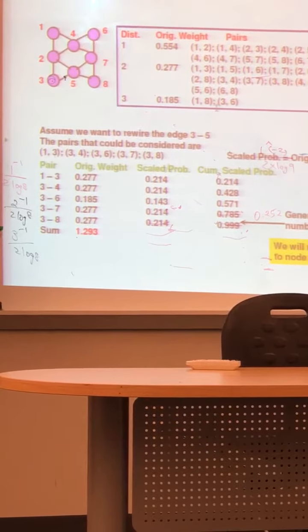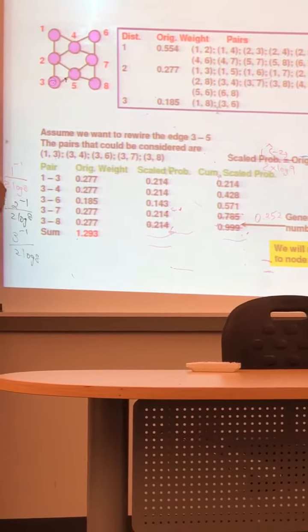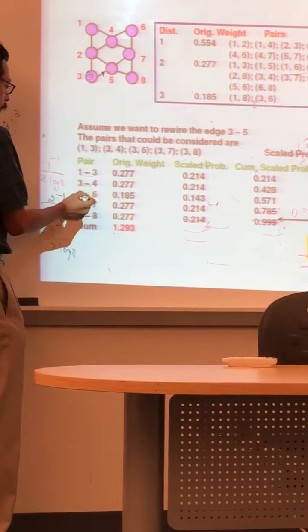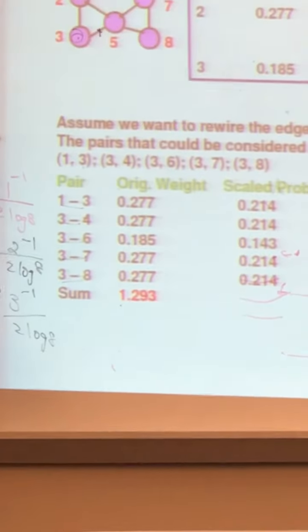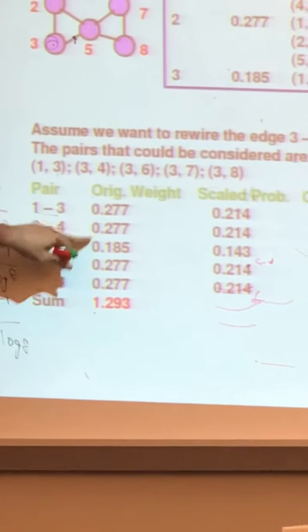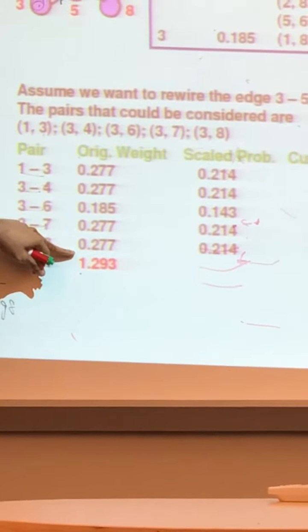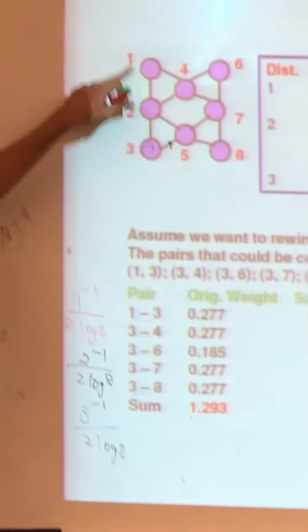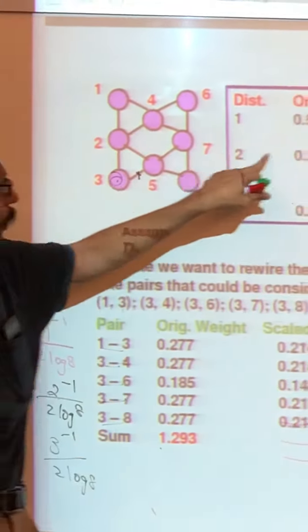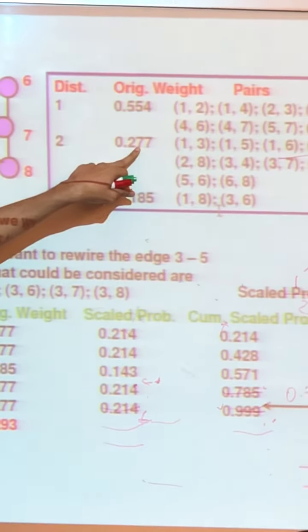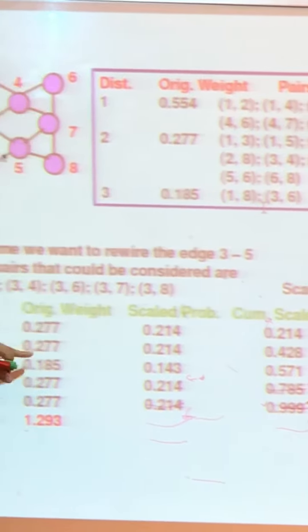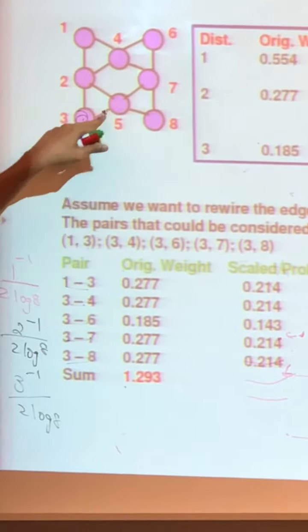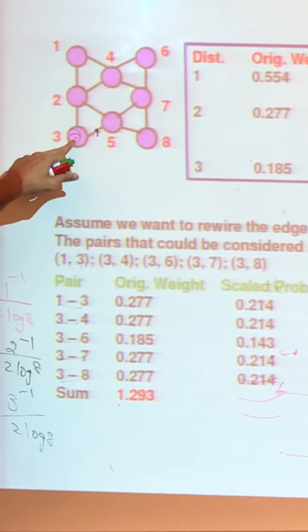Right, so 3 connected to 1. Then 3 to 4, 3 to 6, 3 to 7, 3 to 8. So these are our original weight values based on the distances. You need to know the distance between each pair. So 1, 3, the distance is 2. So use the weight corresponding to the distance 2. Okay, 0.277. 3, 4, the distance is